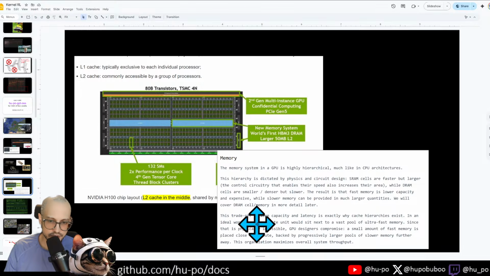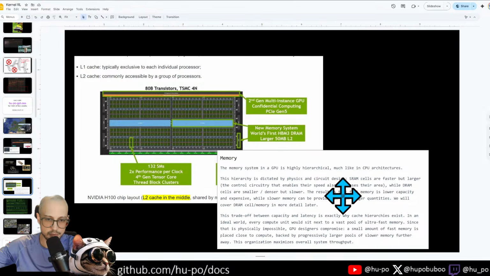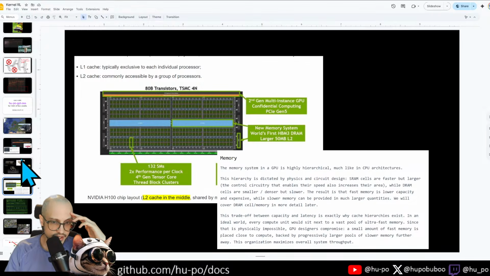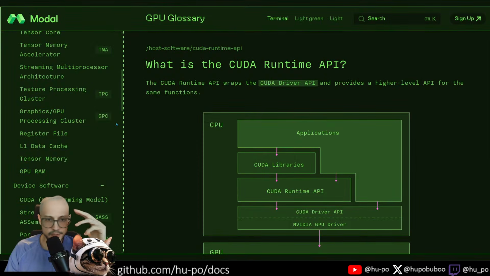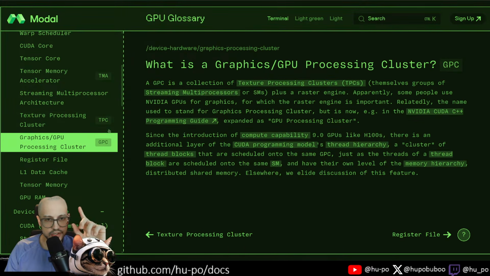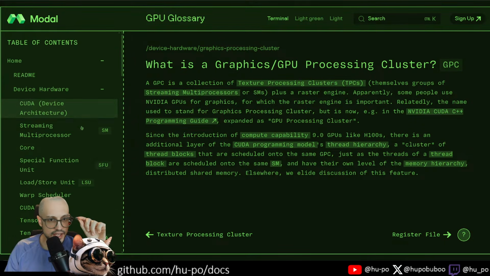So in an ideal world, every compute unit would sit next to a vast pool of ultra-fast memory. Since that's physically impossible, GPU designers compromise by putting small amounts of fast memory close to the compute and then progressively larger pools of slower memory further away, right? So when you actually look at a GPU like an H100 or an H200, what they are doing now is